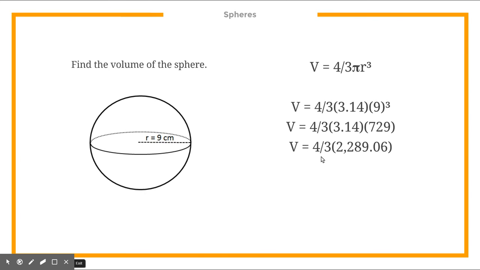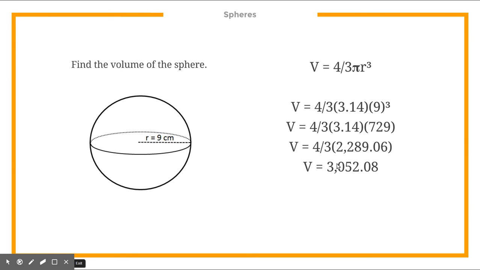But my suggestion is multiply it by 4, okay, so the numerator, and divide it by 3. So one more time, the easiest way to do this and the best way to make sure you get the correct answer and you have no rounding errors is to multiply your number by 4 and then divide it by 3. And so when I do that, I get the volume is